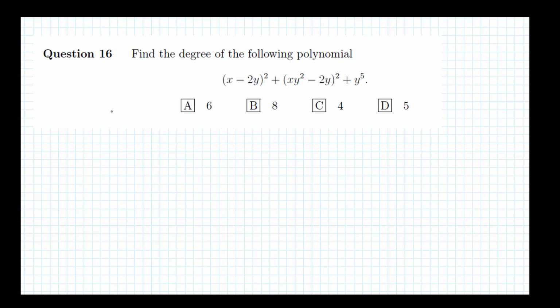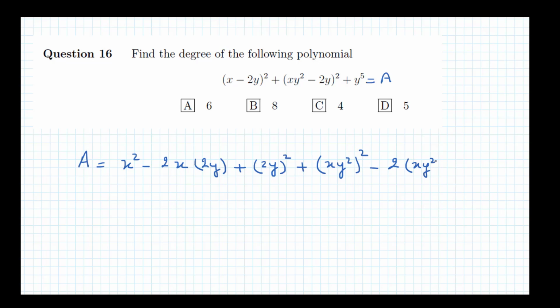We are asked to find the degree of the polynomial (x minus 2y squared) plus (xy squared minus 2y) all squared plus y to the 5. Let's denote by A this polynomial. The simplest way to answer this question is to expand A and to write it as a sum of monomials. Now A equals x squared minus 2x times 2y plus 2y squared plus (xy squared) all squared minus 2 times xy squared times 2y plus 2y squared plus y to the 5,